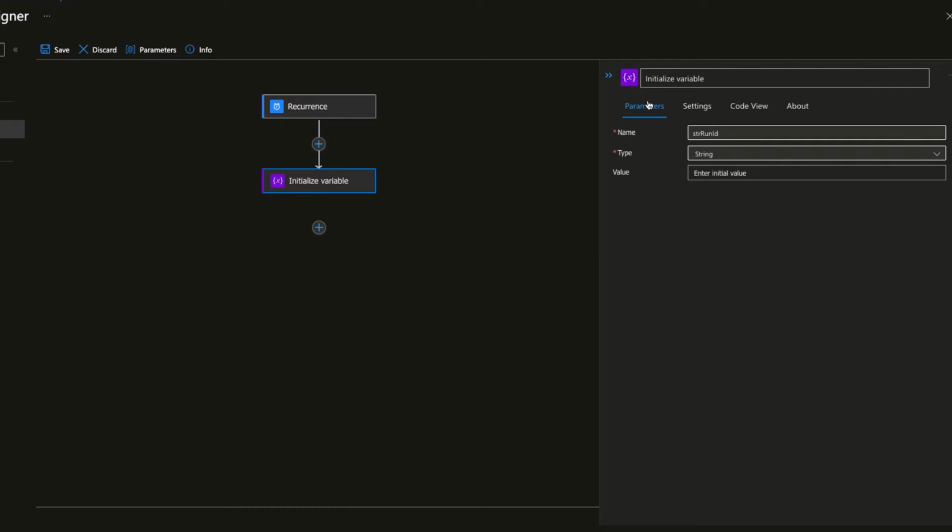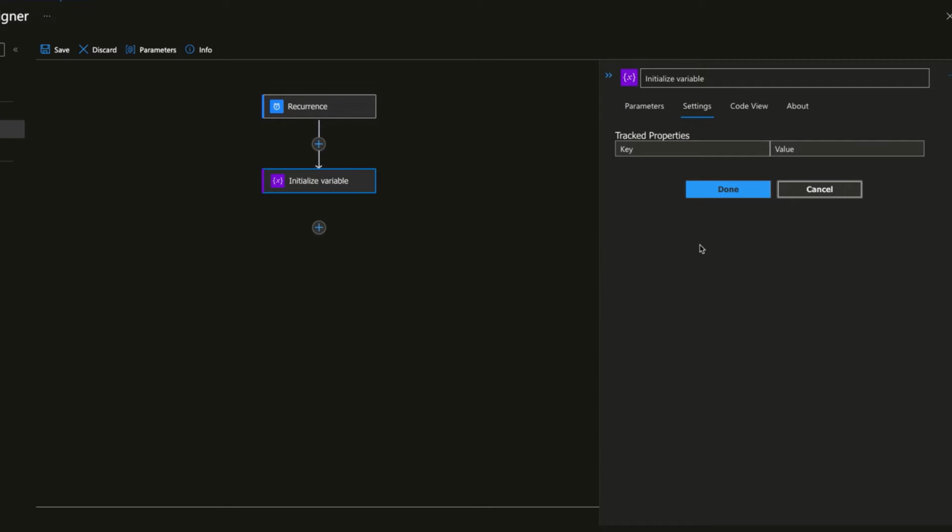First of all, we have the parameters tab, where we define the behavior of a specific connector or specific action type. The next tab is the settings tab. Each connector has its own different configuration or settings which you may want to configure. For example, here I can define the different tracked keys related to this particular variable. I don't know what exactly it does, but it doesn't make any sense for me to use any of these